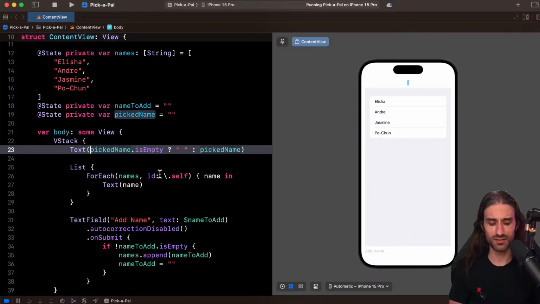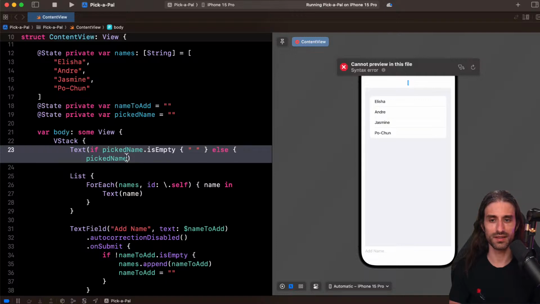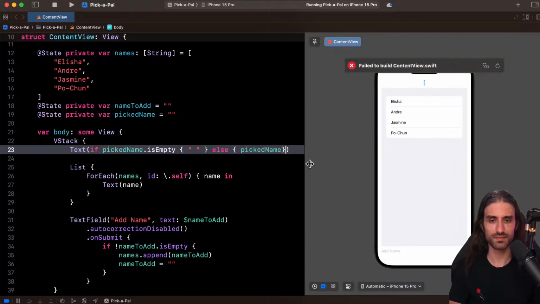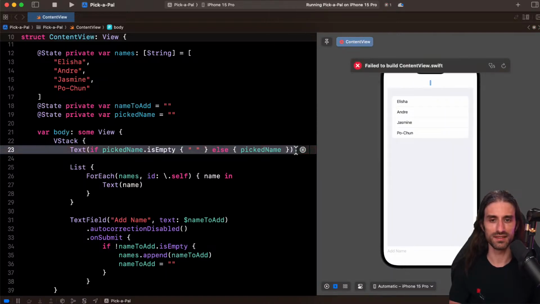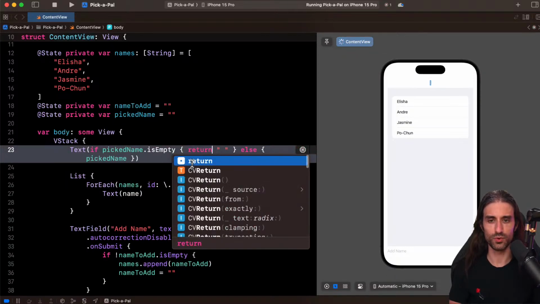And actually, since the latest feature of Swift, I think I could also write it like that if I wanted. Let me try. I'm not sure if it's valid. I will need to do return like that.